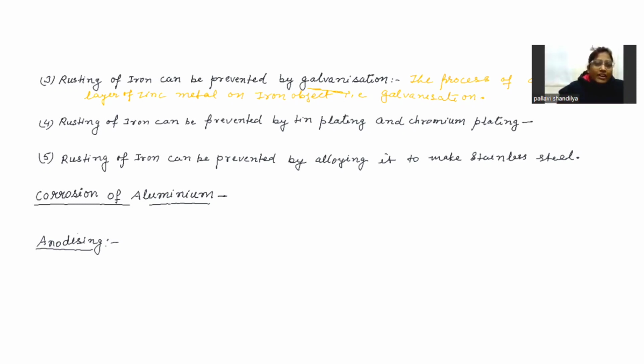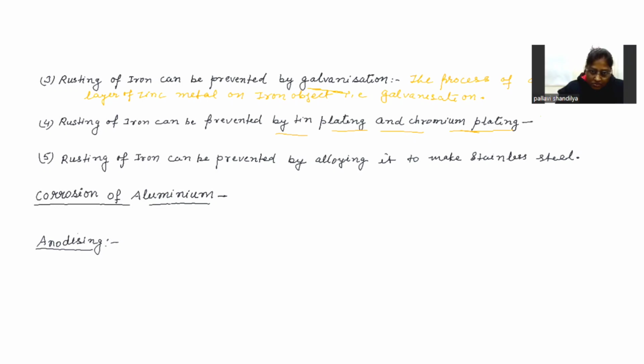Okay, so let's move forward and we are going to discuss the fourth point, that is rusting of iron can be prevented by the tin plating and chromium plating on the surface of iron. So basically tin and chromium are resistant to corrosion. टीन एंड क्रोमियम रेसिस्टेंस होता है कोरोजन का। तो जब हम टीन और क्रोमियम का लेयर अप्लाई करते हैं आयरन के ऊपर, तो उस टाइम पे हम आयरन को कोरोजन से प्रिवेंट कर सकते हैं, ओके।